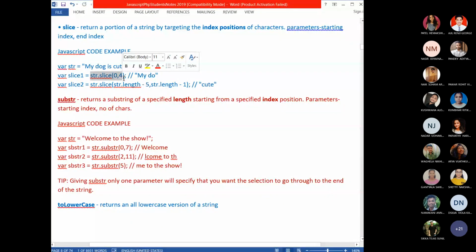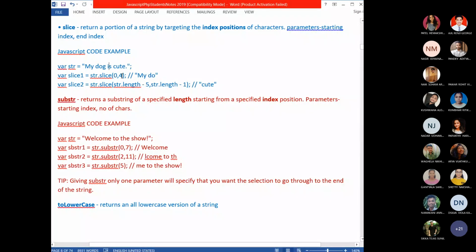The 0 is the index of the first character from which we have to take. 4 is the index of the last character till which we have to take the substring. So from the 0th index character to the 4th index character you have to take.